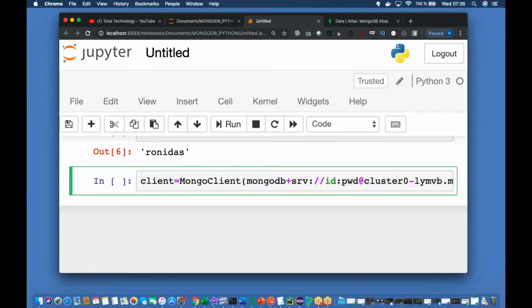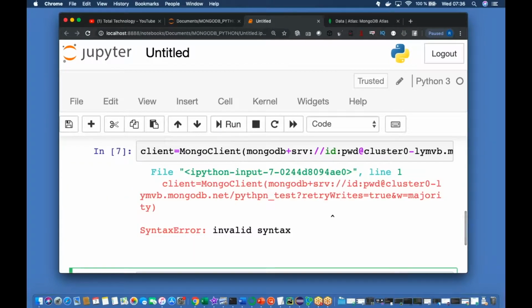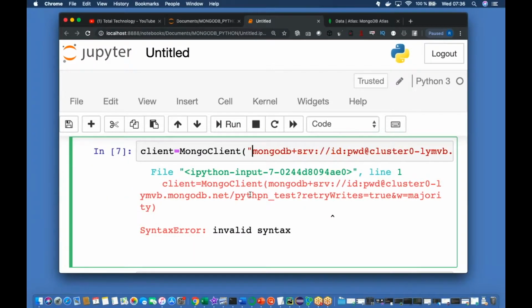Let's see whether it is working or not. Probably I need to give some sort of double quotes inside that. Yes, definitely some sort of double quotes are required. I think until this part I need a double quote. And here I need one more double quote, and this will be within one double quote, and again there will be one more double quote,